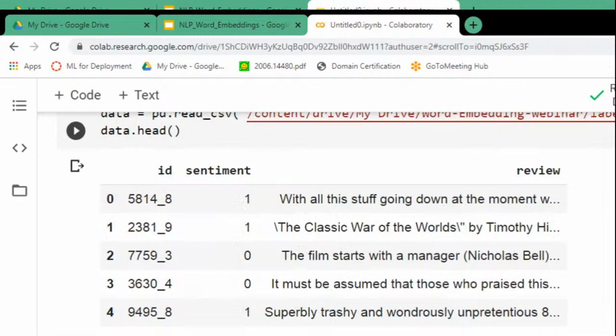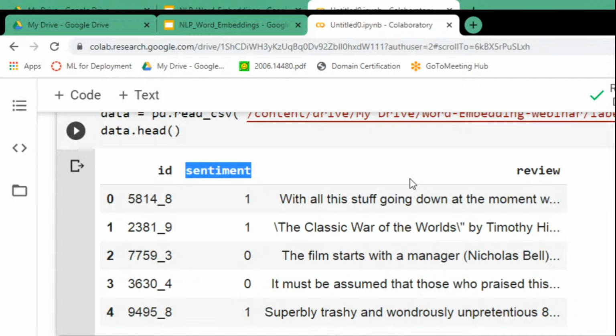So we have this ID, then we have the sentiment, then we have the review. I'm also going to show you the first review, so let's take an example of this first review. How does it look? What are the reviews that we have, and in what format? To do that, what I'm going to write is